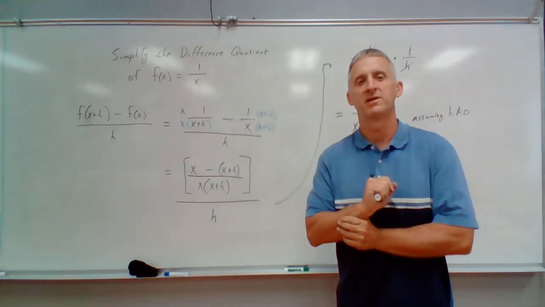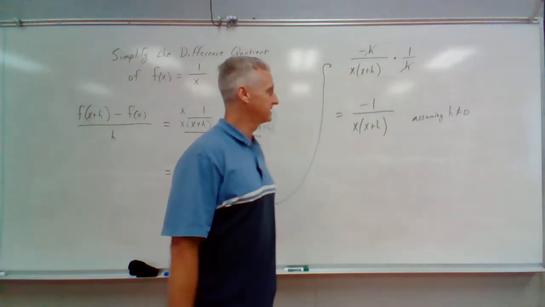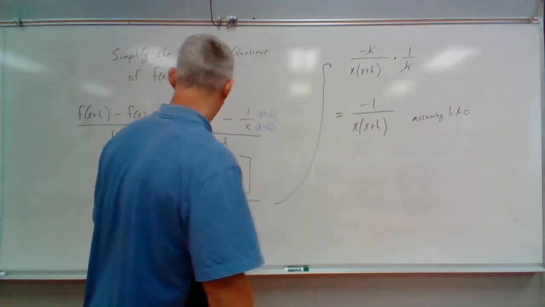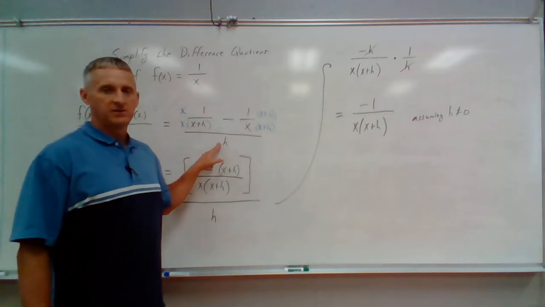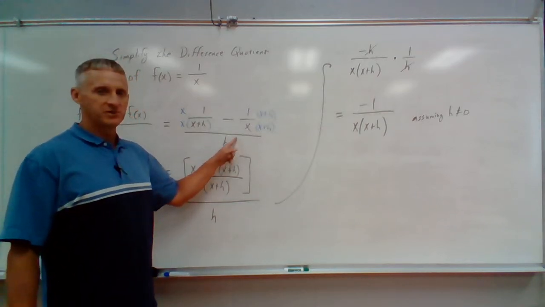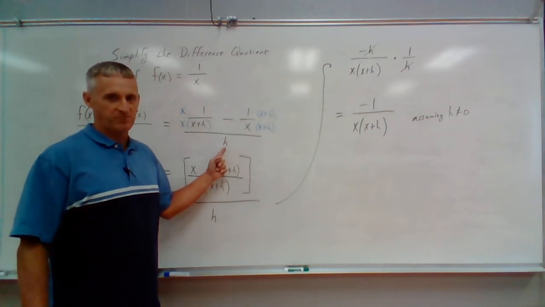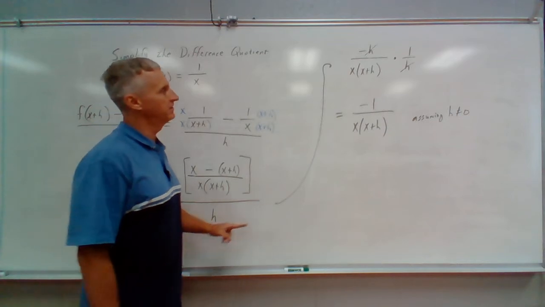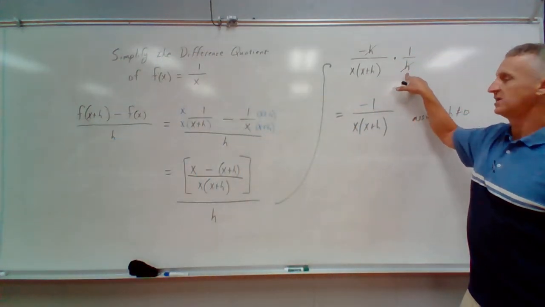Okay, let me elaborate a little bit on this part about assuming that h is not equal to 0. Suppose that we plugged 0 in for h here in this equation. If we put a 0 in for h, we would have a 0 on the bottom of a fraction, which is bad. That would be undefined. It would be undefined here. If we plug 0 in for h, we would have a 0 at the bottom, and it would be undefined